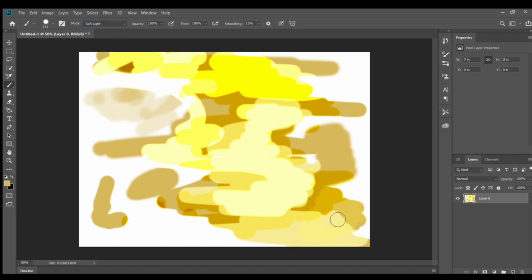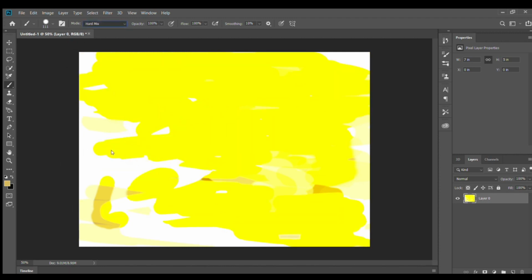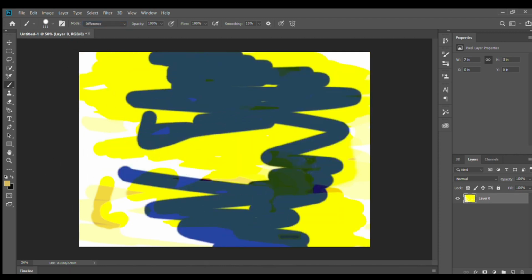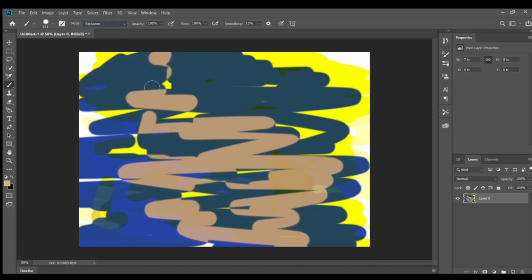See, soft light. कई बार हमें बैनर्स बनाने पड़ते हैं, so we will use these modes. Vivid, linear light, pin light, hard mix, difference, different modes are here. Exclusion, see. So this is the working of the brush tool.